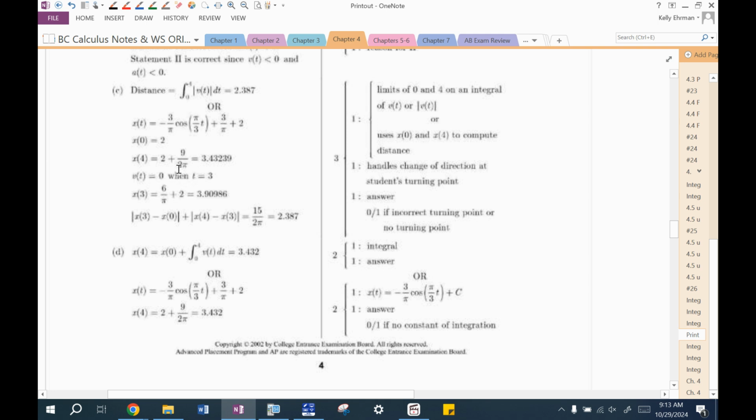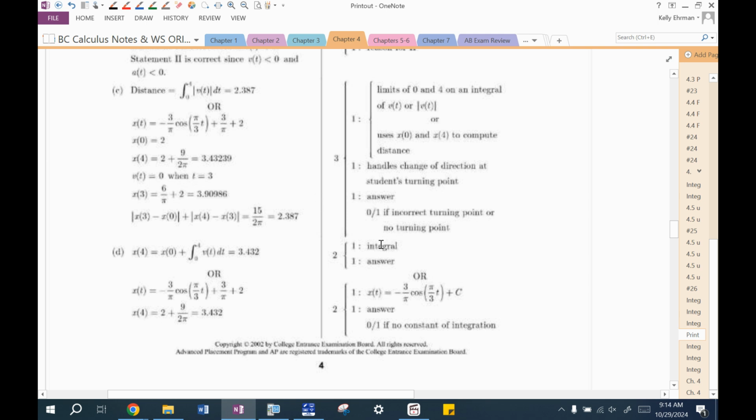Look at this. If I do this, they're still using the calculator. But if I try to figure out what is the equation for x of t by actually integrating, I have all this stuff. And then I'd have to find the distance between the two. That is just a crazy amount of work. You don't want to have to do that. So you can ignore all of that and be like, okay, yep, I got 1 point for the 0 to 4 and having v of t in absolute value. I get 1 point for, again, you don't have to handle the change of direction at the turning point. No, you can just say, I put an absolute value around it. So that's that. And then 1 point for the answer,